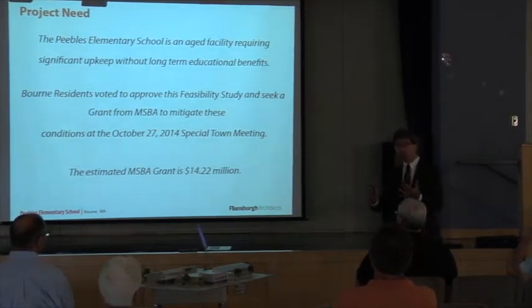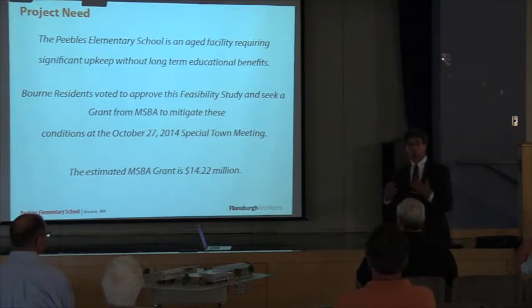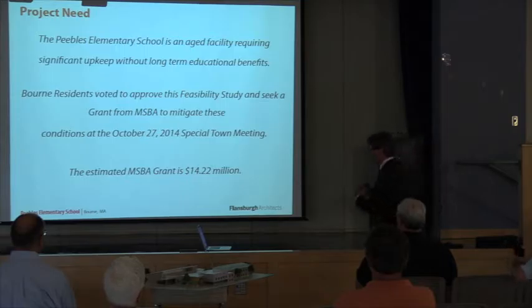So first, before we start the presentation, let's remind ourselves why we're here. We're here to develop a mitigation plan, a design to address the significant issues with the Peebles Elementary School. And this is a process that started many years ago, but more in particular,